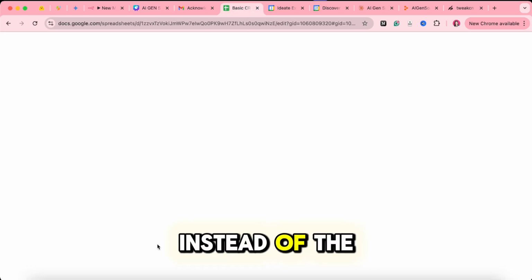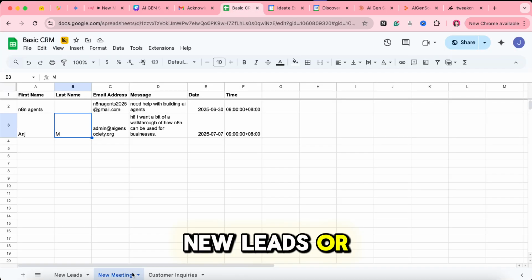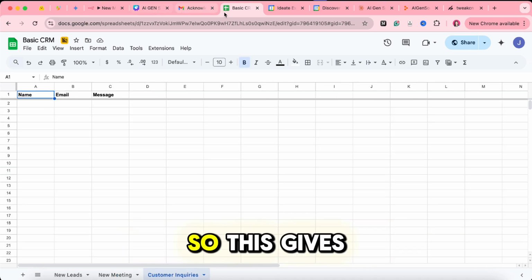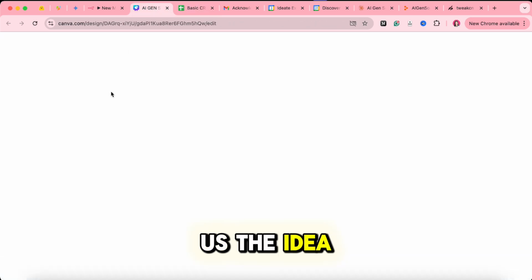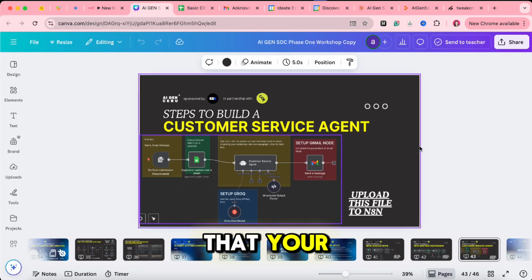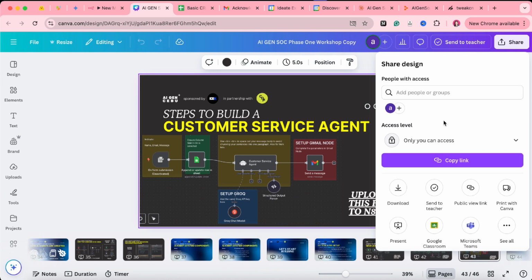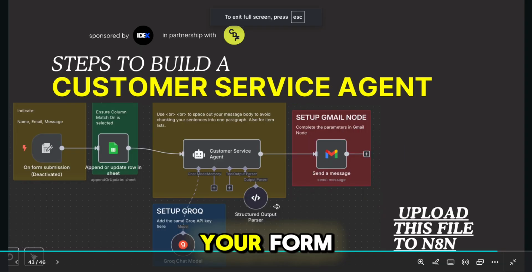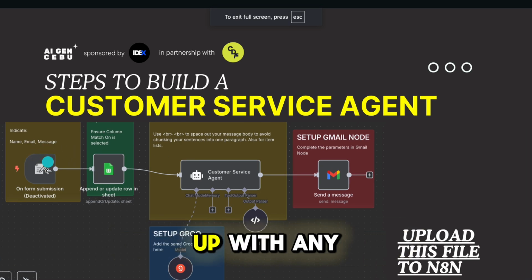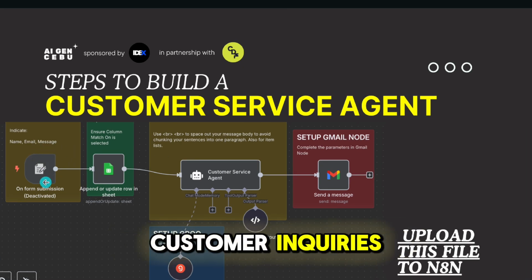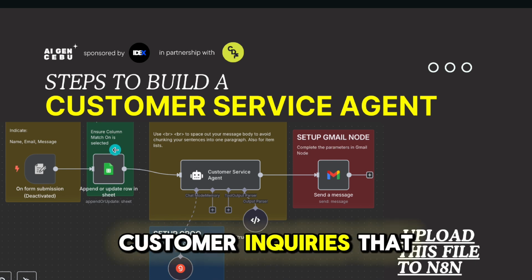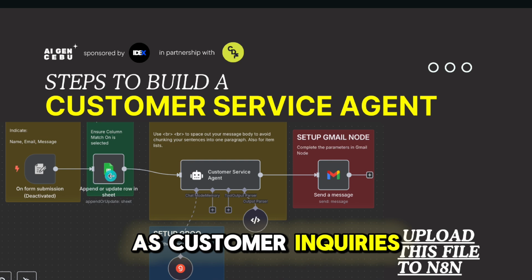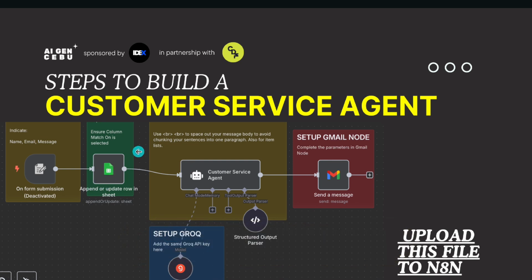But this time, instead of the new leads or the new meeting, you will go to customer inquiries. This gives us the idea that your form, whatever you're going to be building out with N8N, will be about customer inquiries. It will catch customer inquiries that will be logged onto here as customer inquiries in sheet within basic CRM,